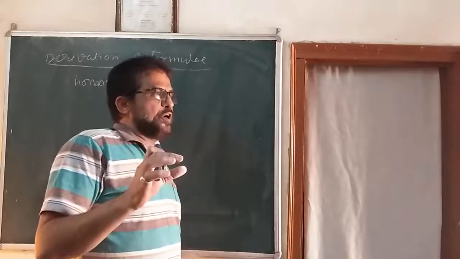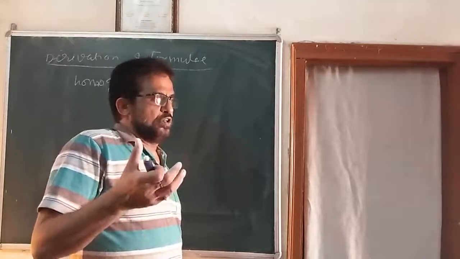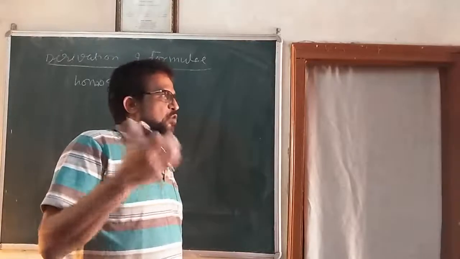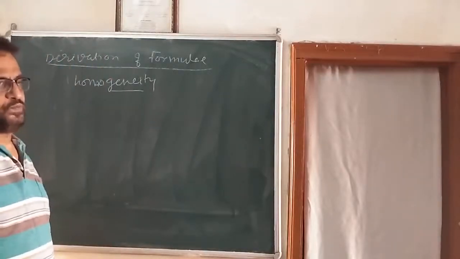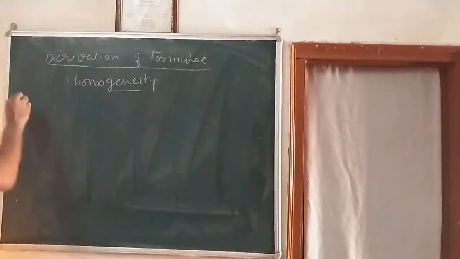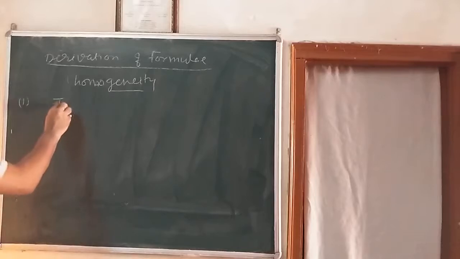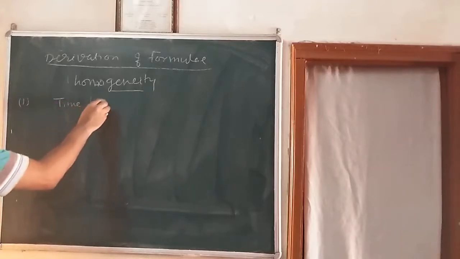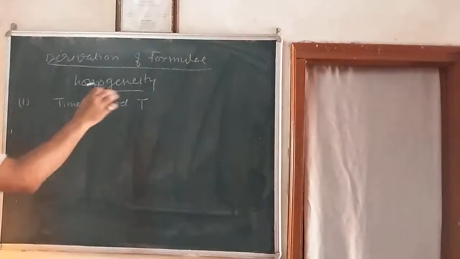So any physical quantity depends on which factors? If this thing I know, then I can find out or derive the formula. For that I am going to take one or two examples here. The first example I am taking here: derive an expression for the time period T of a simple pendulum